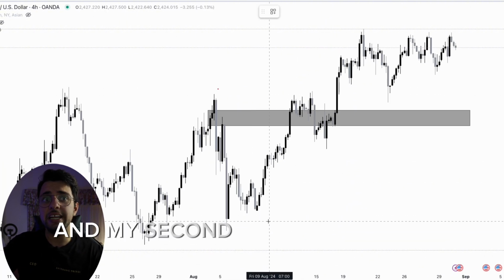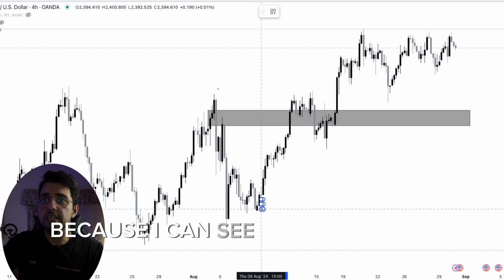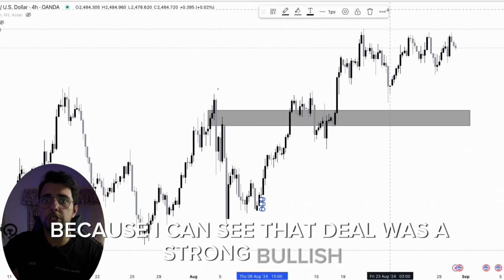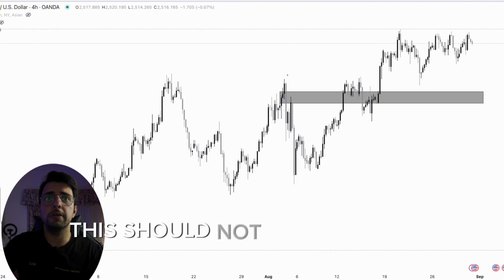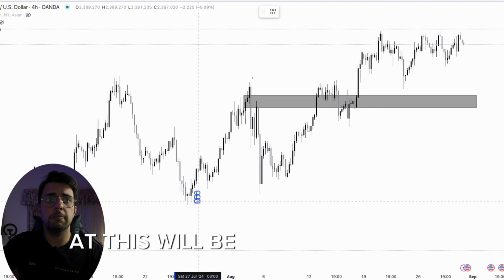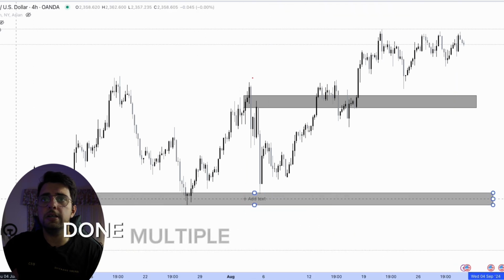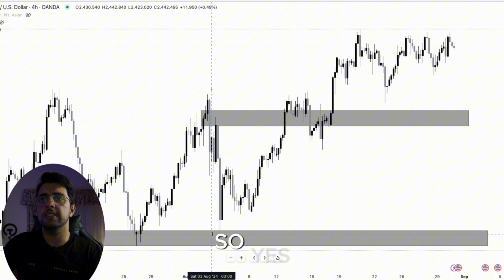And my second demand zone can be here, because I can see that there was a strong bullish, actually no, this should not be my demand zone. This will be my demand zone, because the market has made multiple movements from here. So yes,